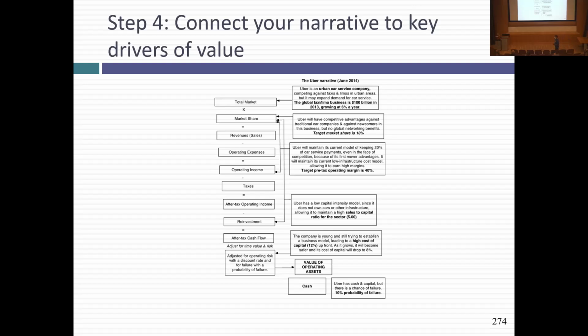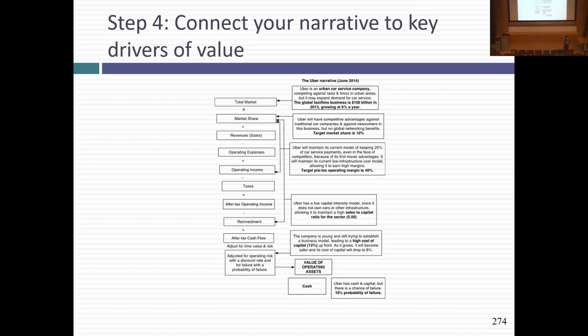I did assume that Uber can continue to do what they're doing, which is not own the cars and not hire the drivers. How does that play out? Because they really don't have any traditional operating expenses in steady state, whenever that comes about, Uber should be able to keep a hefty portion of their revenues as margins. They're an intermediary business. So the operating margins I gave them were 40%, higher than what I'd give a taxi cab owner.